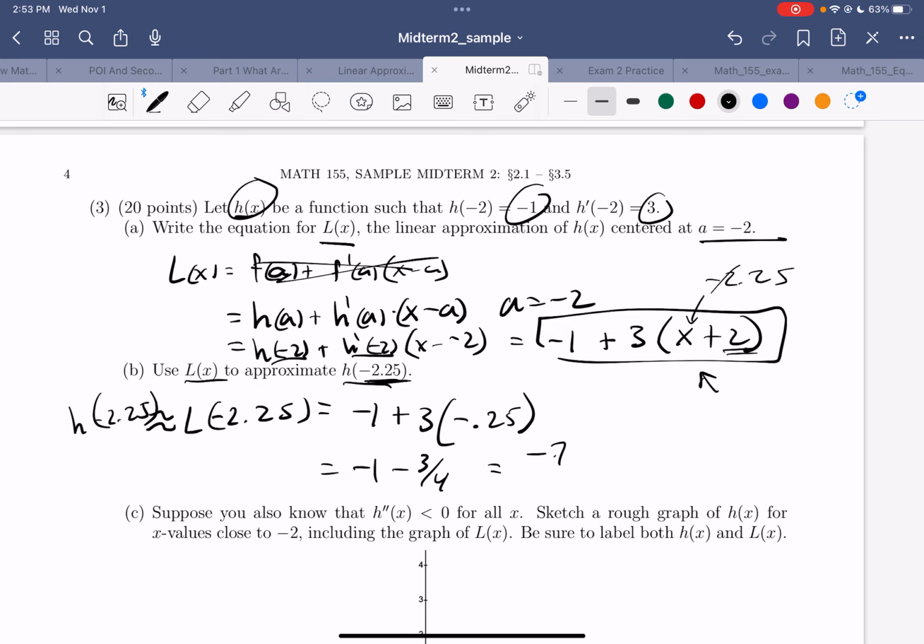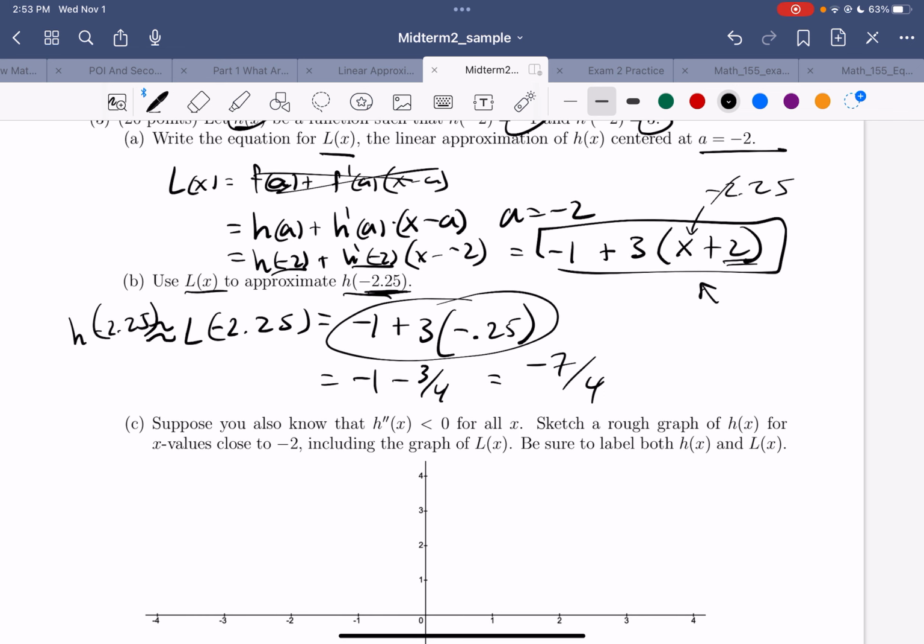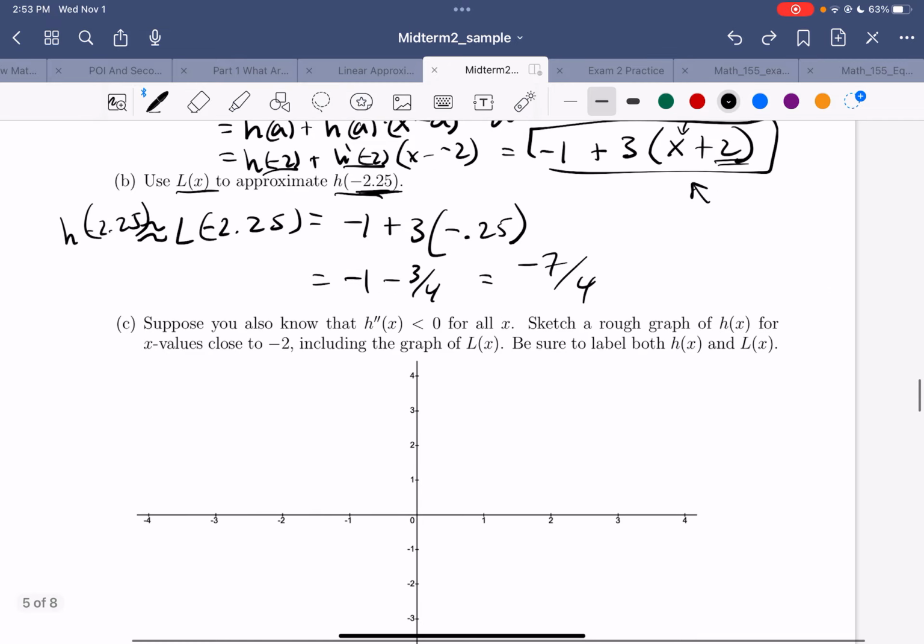Okay, so that's 4. That's minus 7/4. Okay, fine, whatever. This would be full credit, by the way. Like, there's no reason you'd have to simplify further. You got it? All right, so let's,